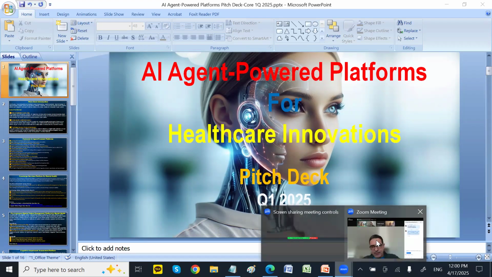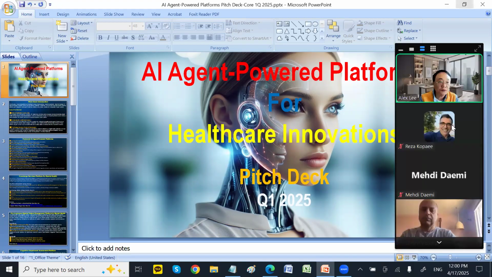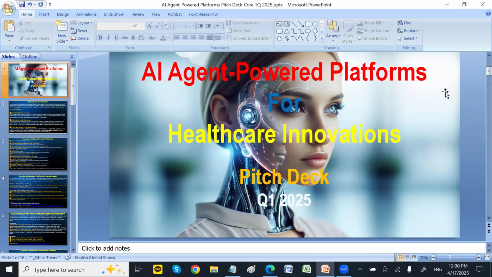Today's webinar topic is that I'm going to show a bunch of demos about the healthcare AI agent I developed. I assume that you can see my slide. I'm going to show several platforms that are modular types, so they can be used in different applications. I'm using a bunch of modular type AI agents and integrating them for different use cases.